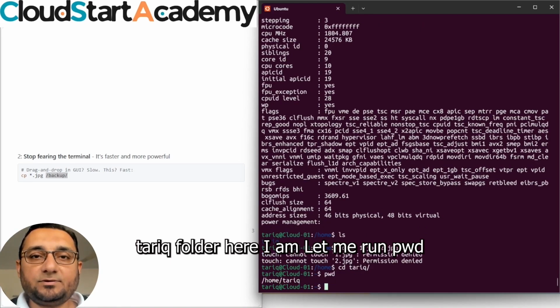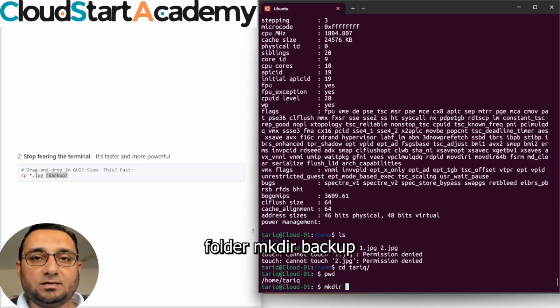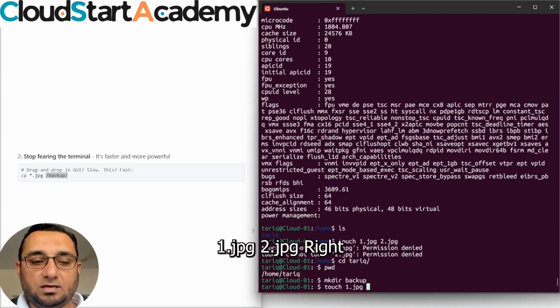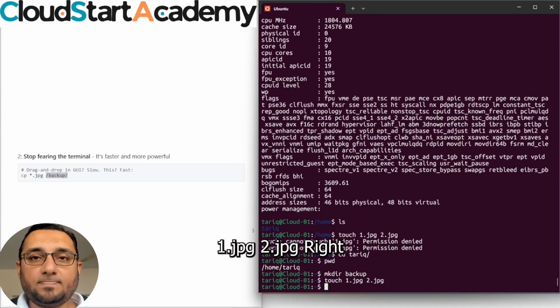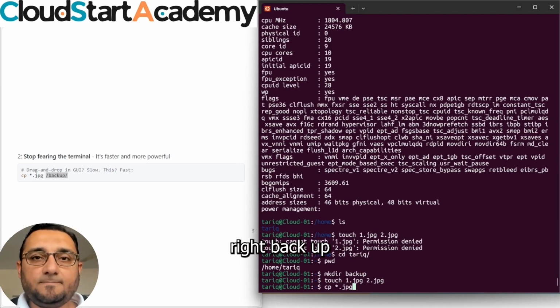Here I am, let me run pwd, and here I am creating a backup folder, mkdir backup, and then I'm going to run touch 1.jpg, 2.jpg, right? And then I can run cp static.jpg backup